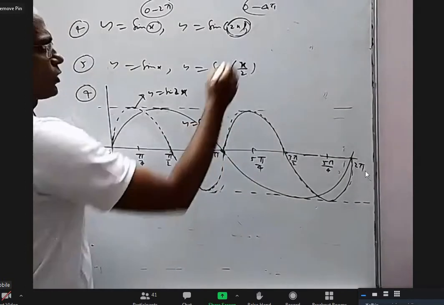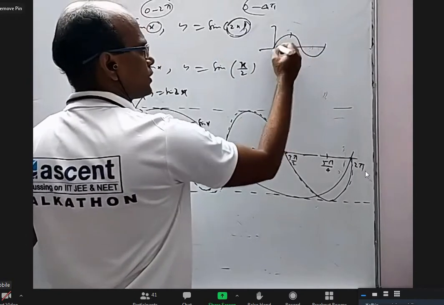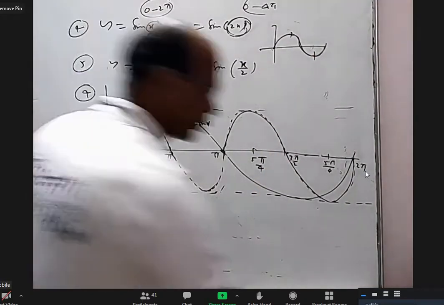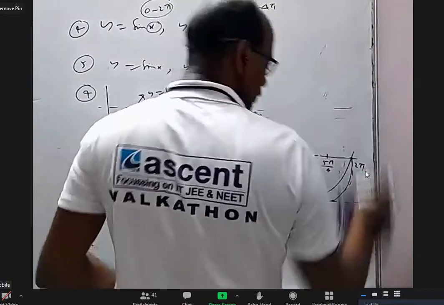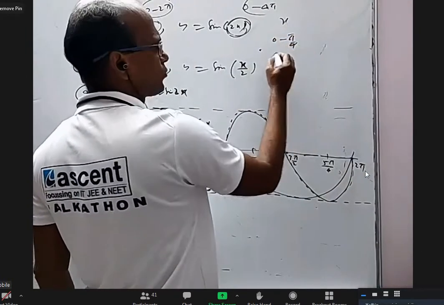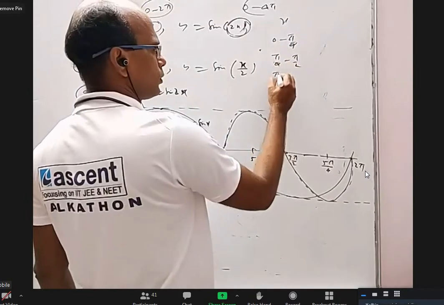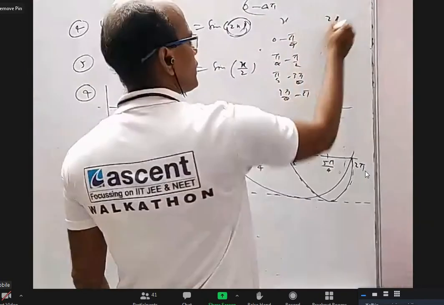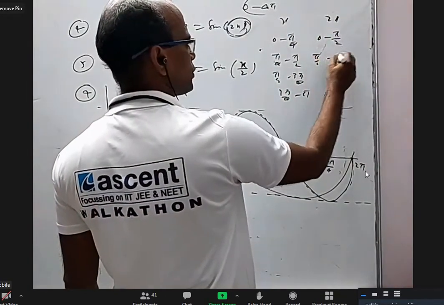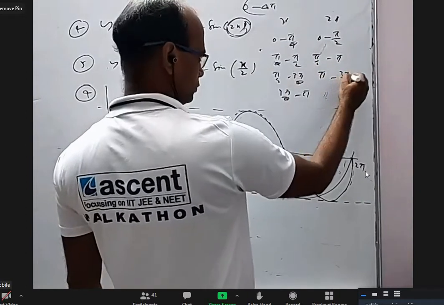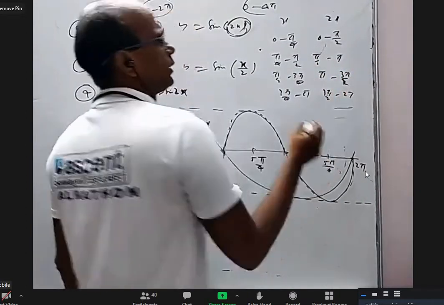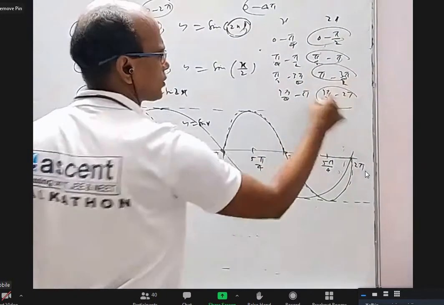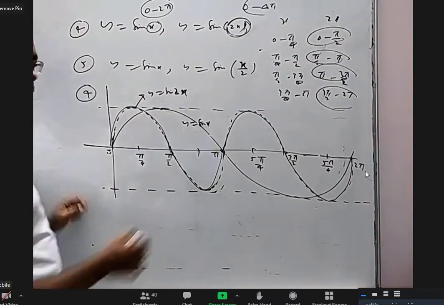If you take the regular sin x graph, this is the first quadrant, this is second, this is third, this is fourth quadrant, right? Now you take x between 0 to pi by 4, pi by 4 to pi by 2, pi by 2 to 3 pi by 4, 3 pi by 4 to pi. Then 2x will be 0 to pi by 2, pi by 2 to pi, pi to 3 pi by 2, 3 pi by 2 to 2 pi. So between 0 to pi only, sin 2x should cover first, second, third and fourth quadrants. Is it okay?